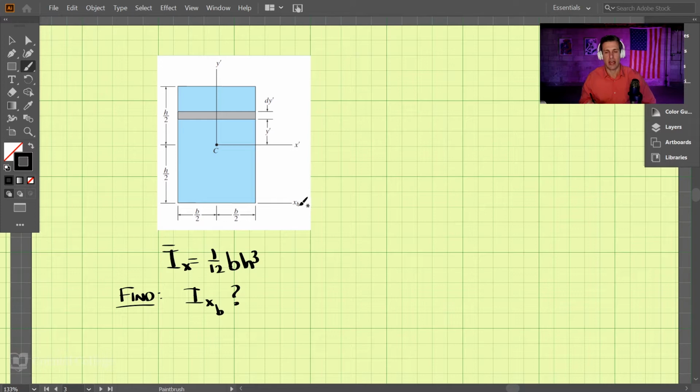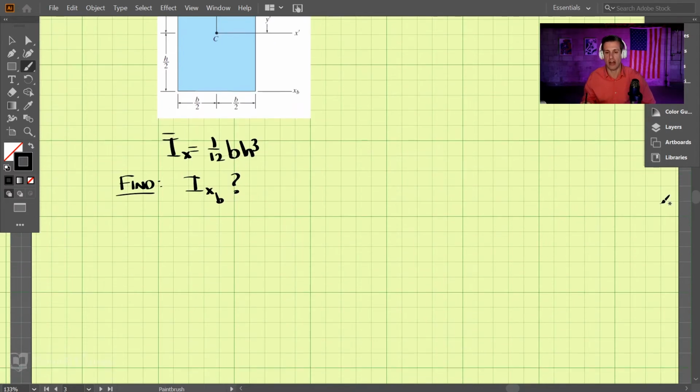All right. And it would be a pain to do the calculus each time we needed to shift the axis, all right? But there's a formula that we can use that is called the parallel axis theorem. And what the equation states, and I'm just going to write the equation first, it says the moment of inertia